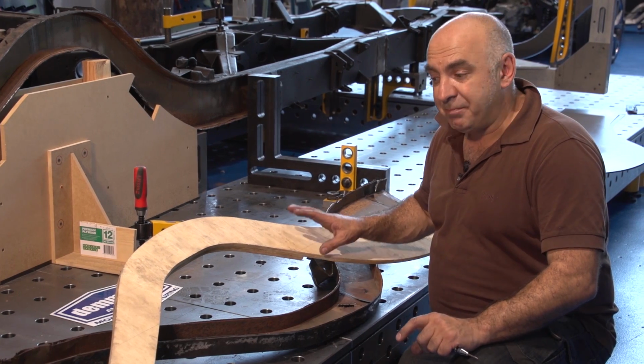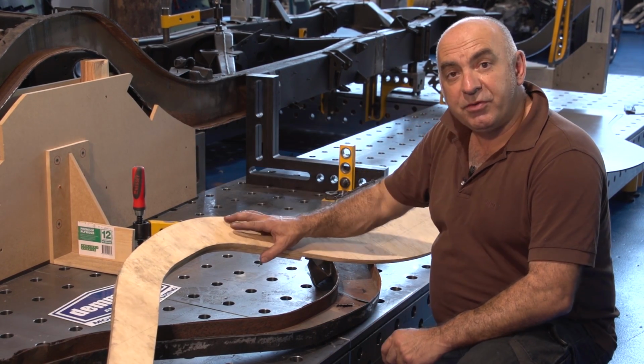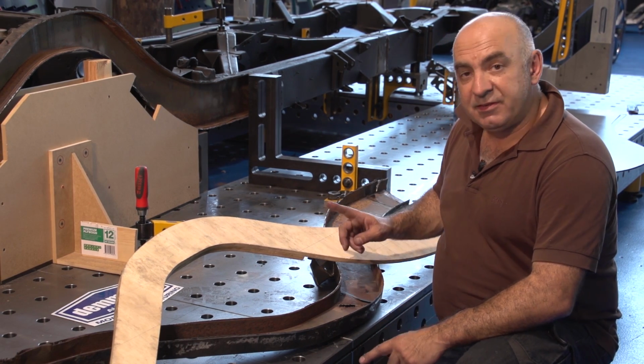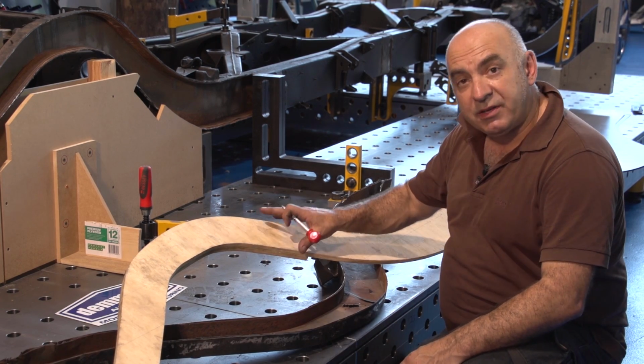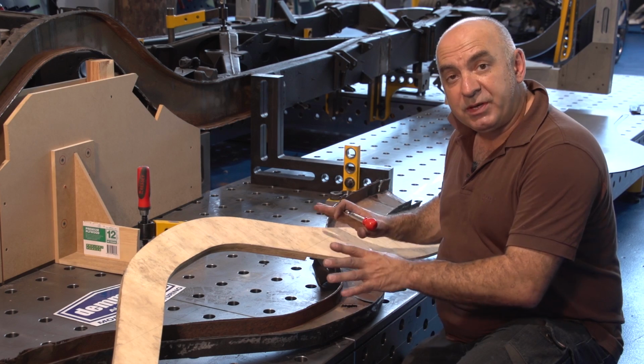So now what I've done is I've made a timber template which captures the true form and profile of the actual chassis rail. The next phase, of course, is to then take this to a laser cutter where they'll scan the data, they'll digitise that form and fabricate this out of steel for me, which is critical for helping me